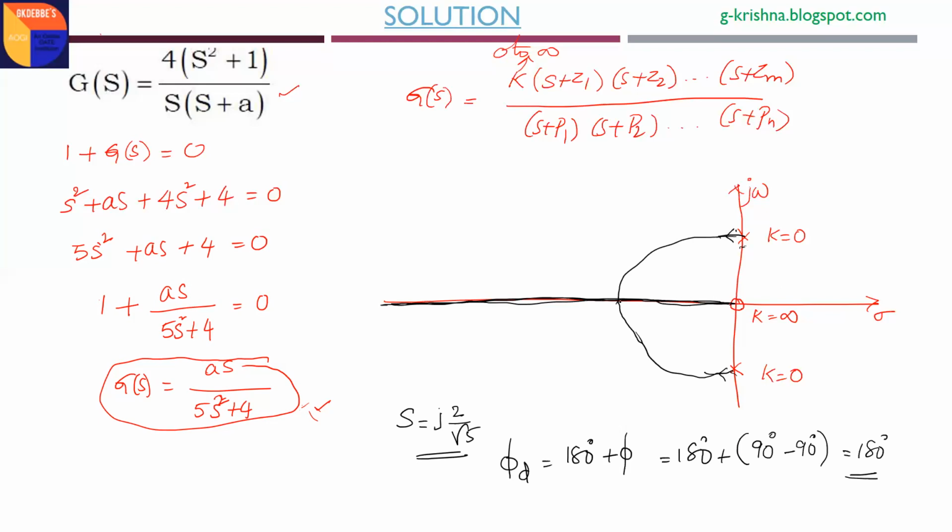They form perfectly a semicircle. After that, one branch reaches this zero as K tends to infinity, and another branch terminates at infinity with an angle of 180 degrees. Hence your correct option is B. So remember one thing: the variable parameter, whether it is k, a or anything, should always be in the numerator part in this standard format only. Then with this gain varying from 0 to infinity, we can locate all the roots of the characteristic equation in the s-plane using Evans concepts. Okay, thank you. Any doubts, you can post in the comments box.